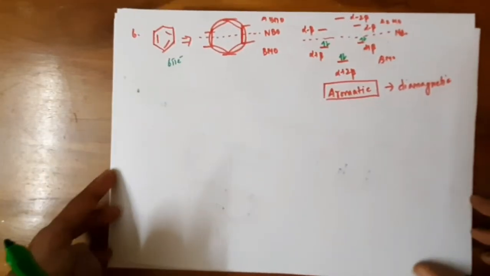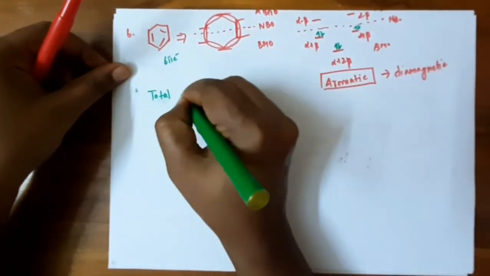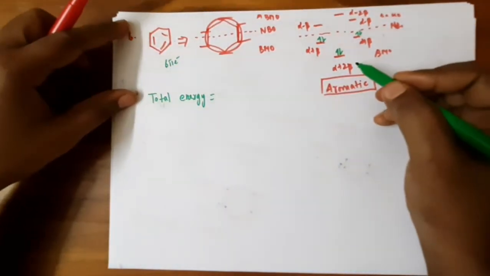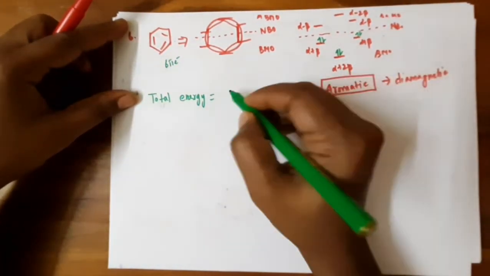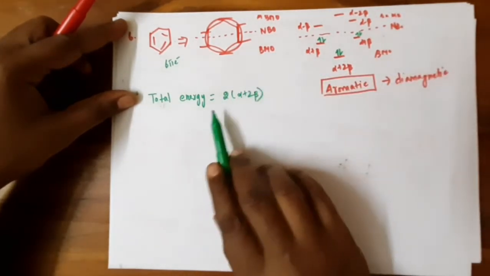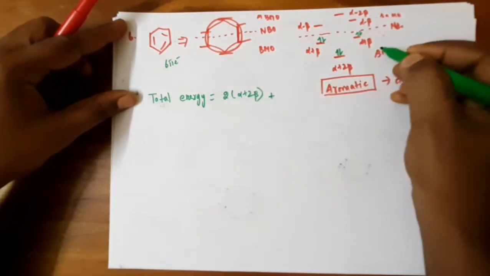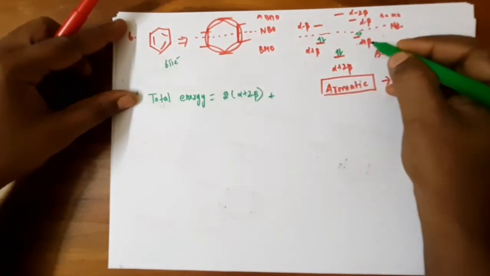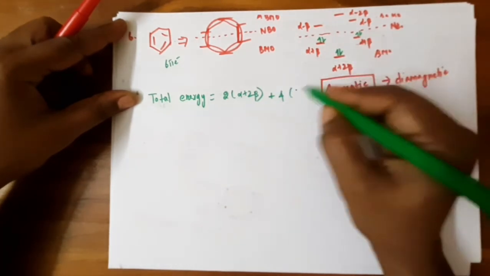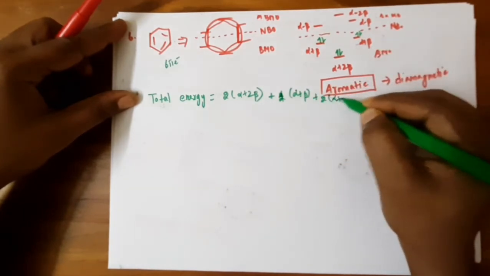So the total energy of benzene, from the Huckel molecular orbital. Take the electrons which are having the energy levels. So alpha plus 2 beta having 2 electrons, so 2 into alpha plus 2 beta, and calculating the total energy like this. There are 2 degenerate levels, that is alpha plus beta, having the 4 electrons. So 2 into alpha plus beta and one more 2 into alpha plus beta.